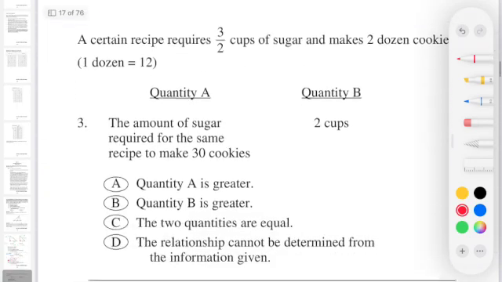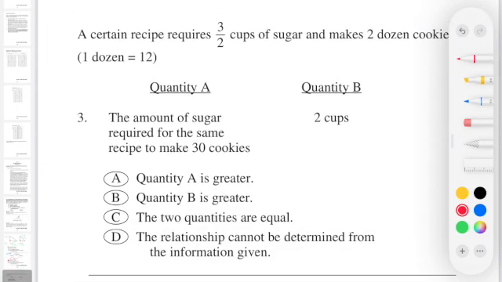Awesome. Next one. A certain recipe requires 3.5 cups of sugar and makes 2 dozen cookies. Then we have quantity A, the amount of sugar required to make the same recipe for 30 cookies, and quantity B, 2 cups. So here we have 2 dozen cookies, which is 24, right? And it's not that much more to get to 30. So I already have a hunch that 2 cups is going to be too much sugar because this is only 1.5 cups, right? So a whole half cup to make 6 more cookies seems unlikely, but let's actually do some